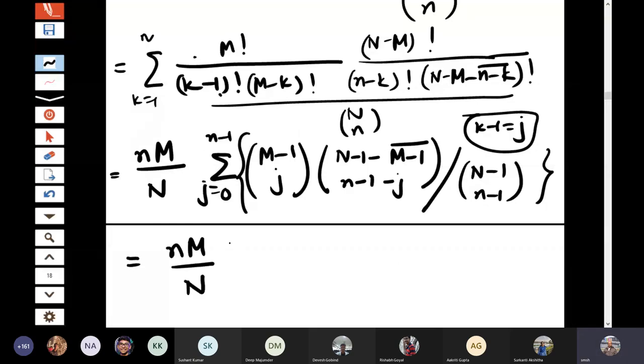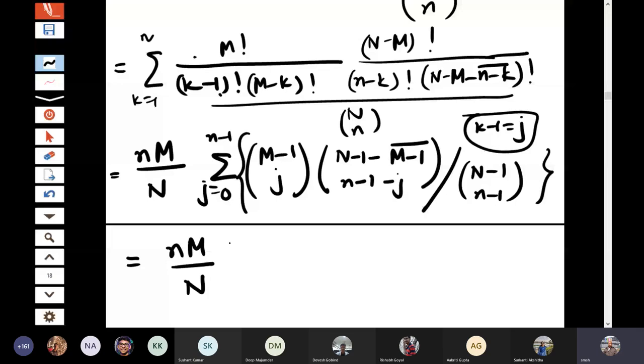If you leave aside the little bit of complicacy in the calculations, you can understand one thing. You are having number of items of type 1 as m out of the total population size n. So what is the proportion of type 1 items? It is m by n. So if you are selecting n number of items, what is the expected number of items of type 1? It is n into the proportion, that is capital M by capital N. So physically, if you look at it, it is very simple to understand. Of course, I have shown you the complex mathematical calculations here.